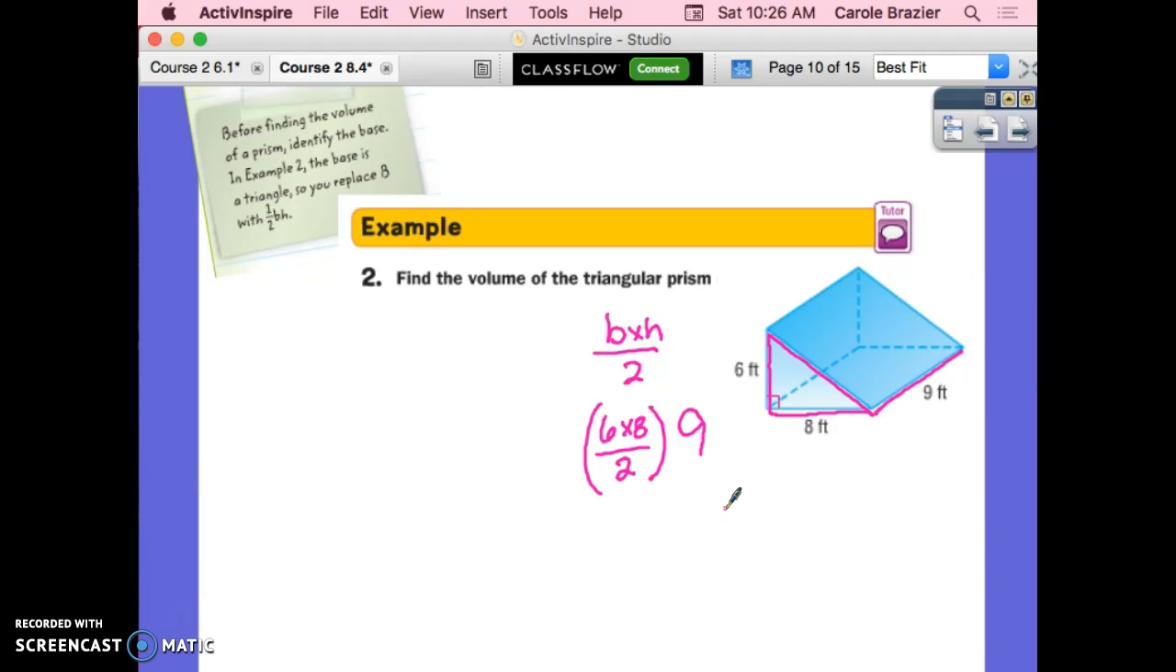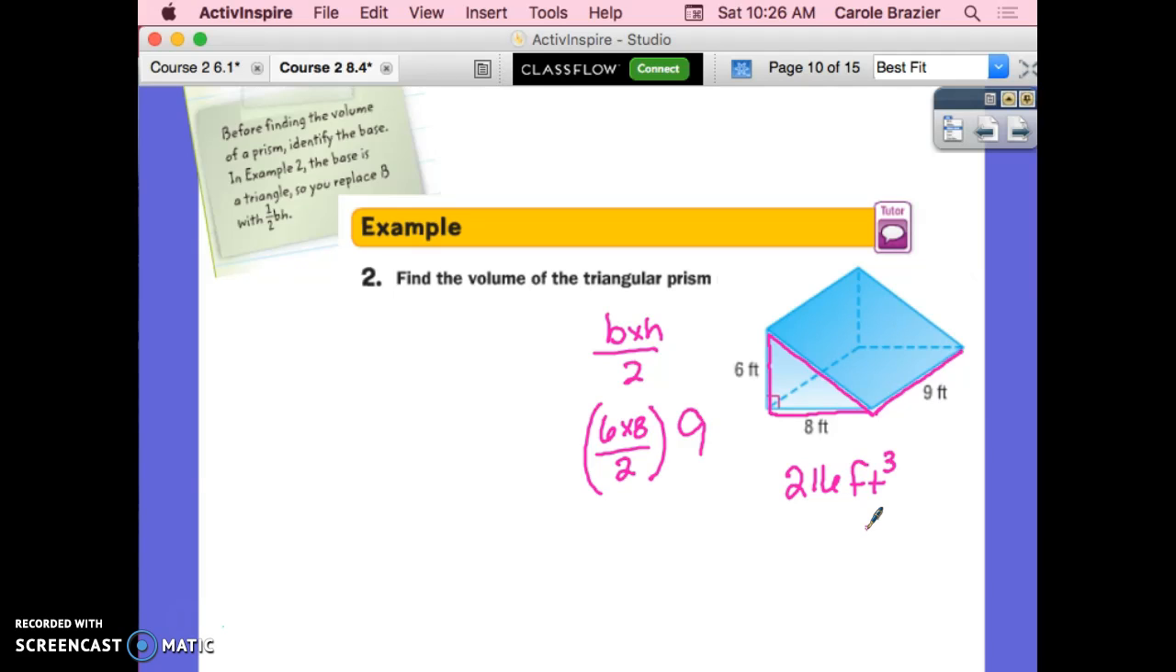But make sure you're paying attention to the way you put things into the calculator, because it could pop out the wrong answer. Okay, so when you put this in your calculator, you will get 216. Your label will be feet, and then it'll still be cubed because we're still talking about volume. Okay, so make sure that you're taking your time, you're breaking these down into pieces, and you're actually practicing them